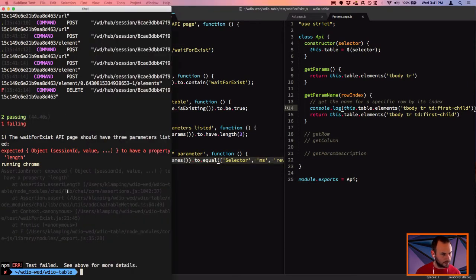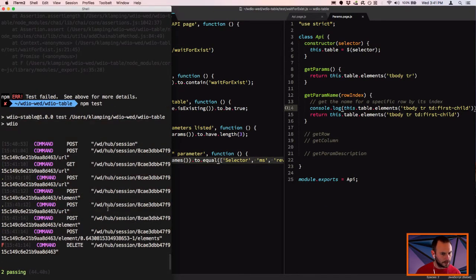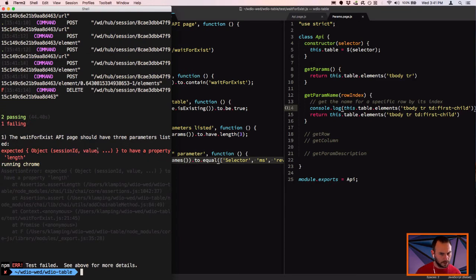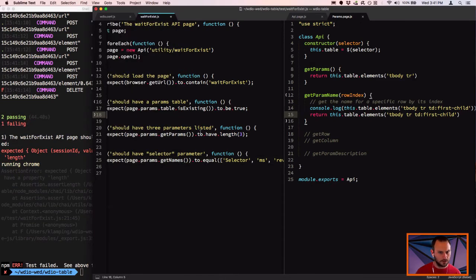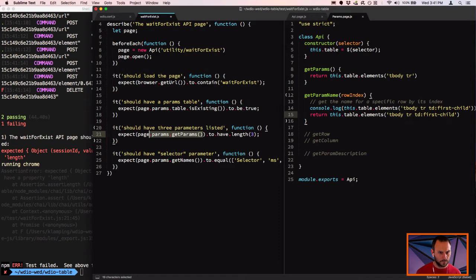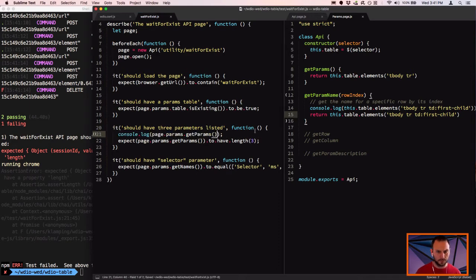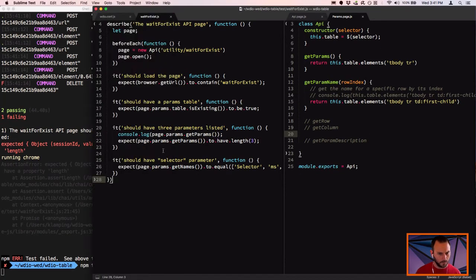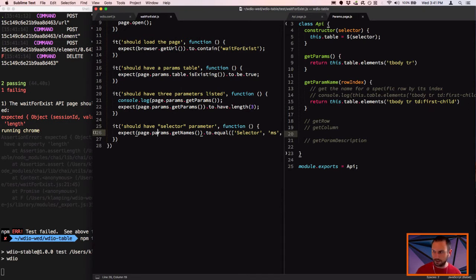Okay, here's that. Let's see. Oh, it didn't log it out. Object session value. Did I do something wrong? I guess I'll log this out and see what that is. Okay, while we're running that again, we'll keep on going down. This should have selector parameter route. Should have,